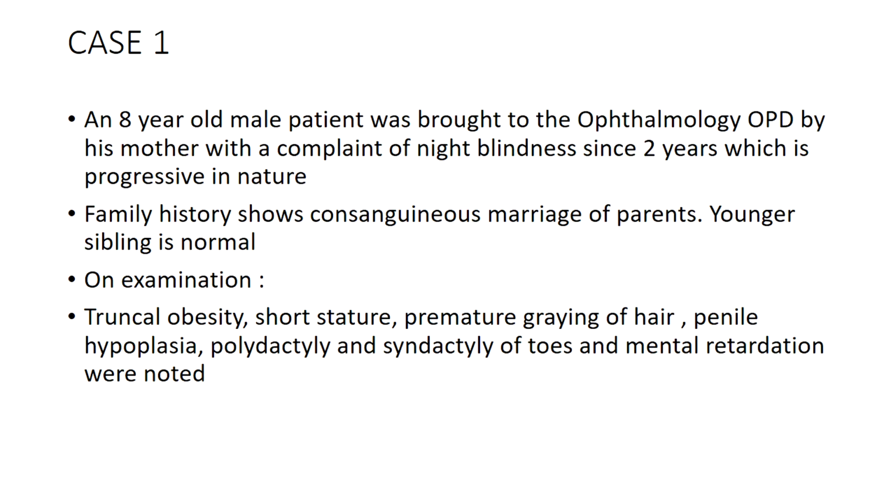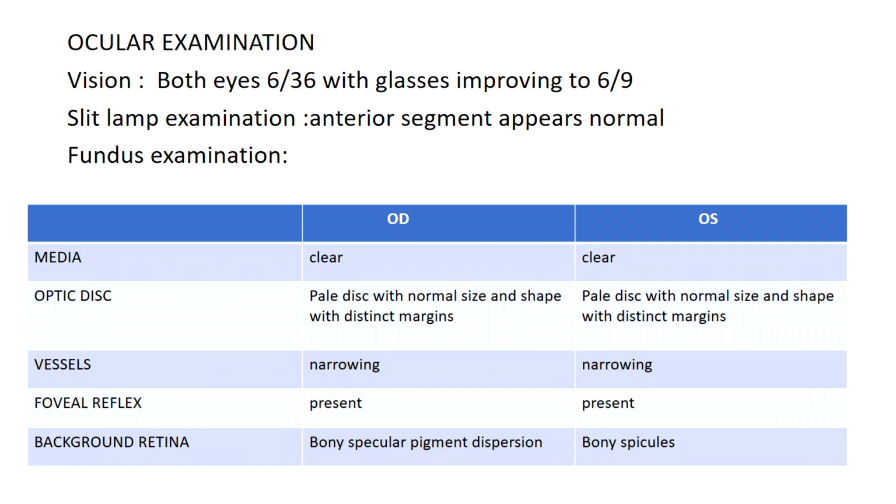Achondroplasia, polydactyly and syndactyly of the toes, and mental retardation. Coming to the ocular examination, vision in both eyes is 6/36 unaided. With glasses, it's improving to 6/9. Slit lamp examination shows normal anterior segment, and fundus examination in both eyes shows clear media with pale disc, which